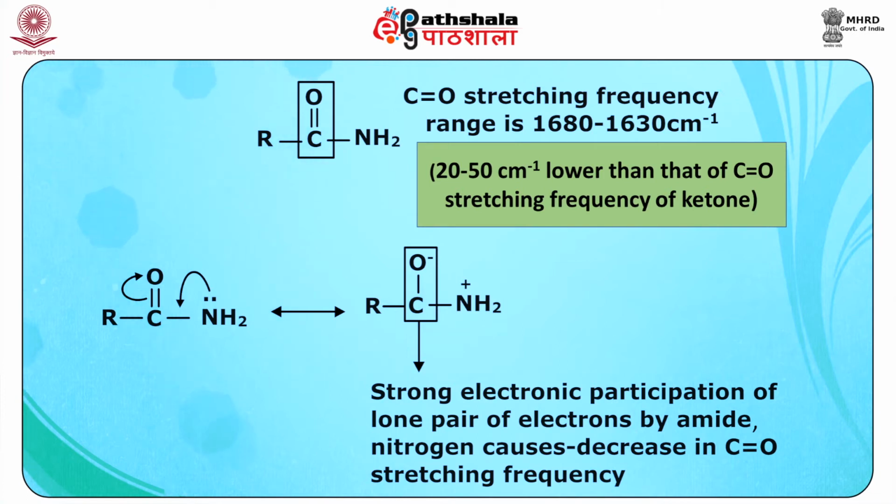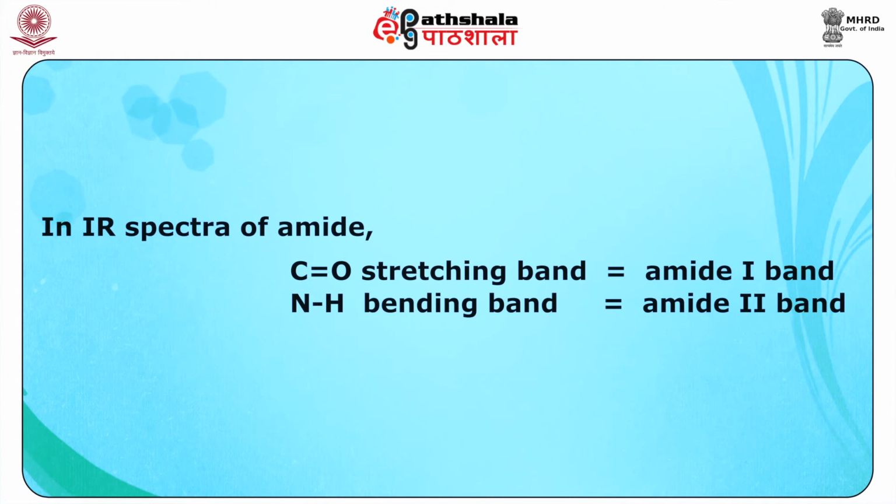The low frequency of amides is due to strong resonance participation of the lone pair of electrons on the amide nitrogen that weakens the carbonyl bond. The carbonyl stretching band in the IR spectra of amides is called the amide 1 band